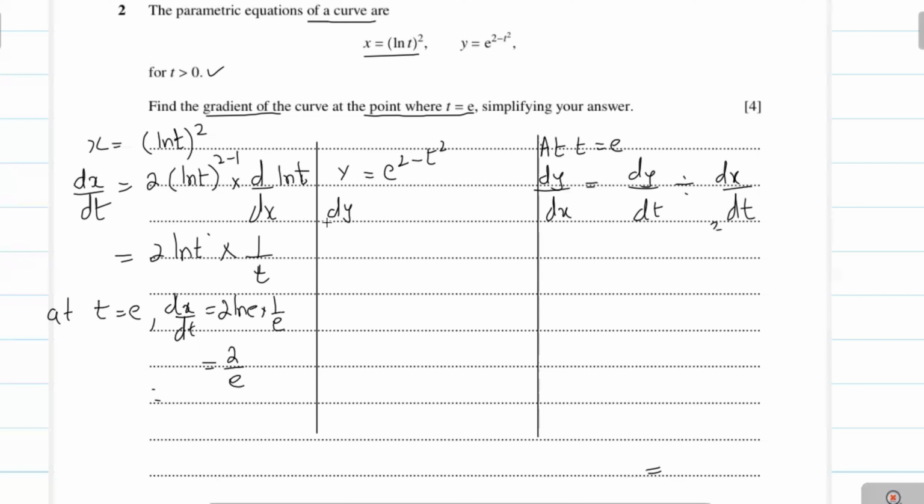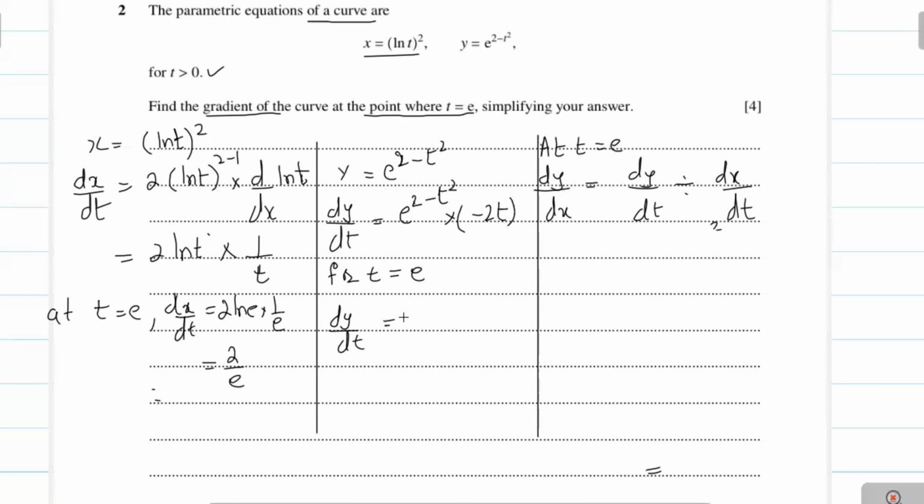We can write dy over dt equal to e power 2 minus t square. Firstly, we write as it is. Next, we will take the derivative of this power. Now the derivative of 2 is 0, t square will be 2t. We write minus 2t, and for t equal to e, this value